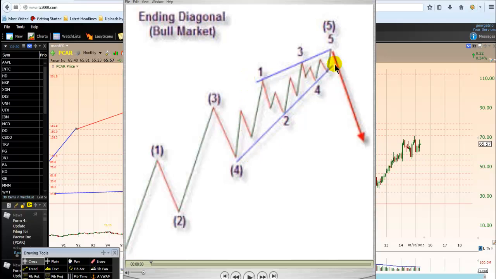The price is confined in a triangle. This is very important. See here, it's a triangle. So you will have higher lows, or the base, when we are talking about an ending diagonal at the end of the uptrend. So you have higher lows and you see the highs, no big difference between the highs. And suddenly, at the end of the ending diagonal, what is likely to take place is that the price will correct itself. There will be a sharp correction. So this is the internal waves of the ending diagonal, talking about the anatomy of the ending diagonal.